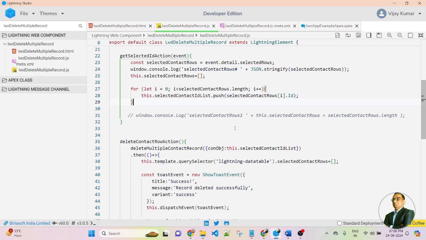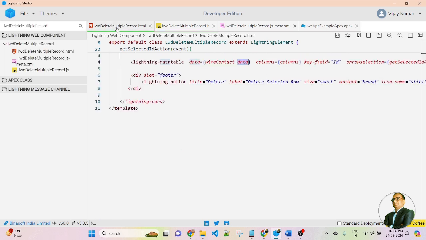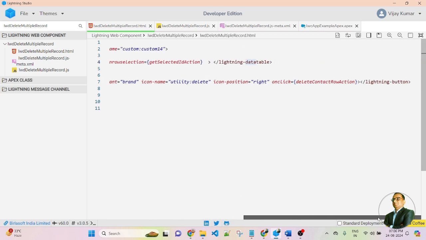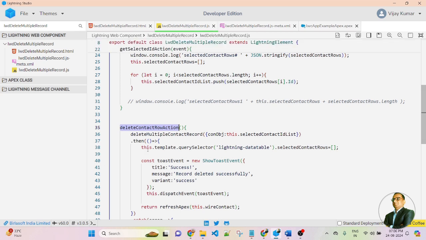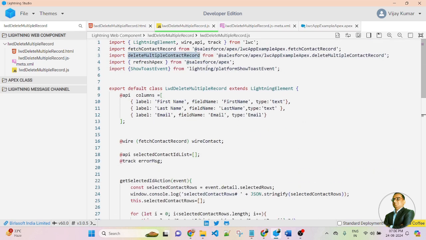So friends, after this function, I am creating another function. This is the deleteContactRowAction. So this function I am calling from the button in the LWC component. So this is a lightning button. In the lightning button, I am calling deleteContactRowAction. So this function I am creating in the JavaScript here. In this function, I am calling delete multiple contact records. So this is an imported method, deleteMultipleRecord.